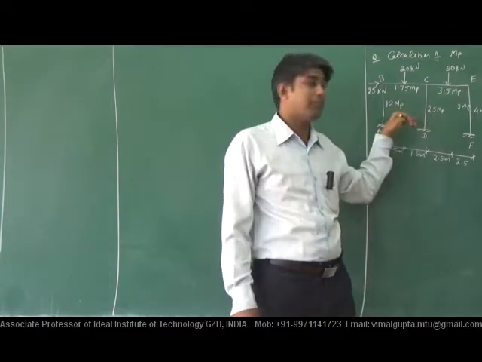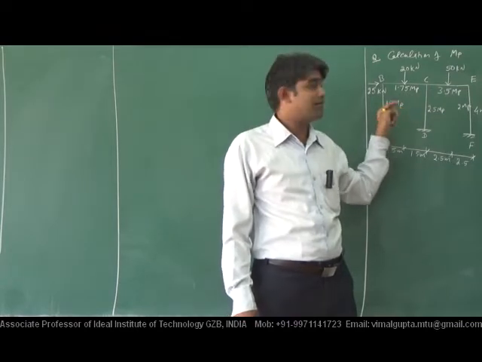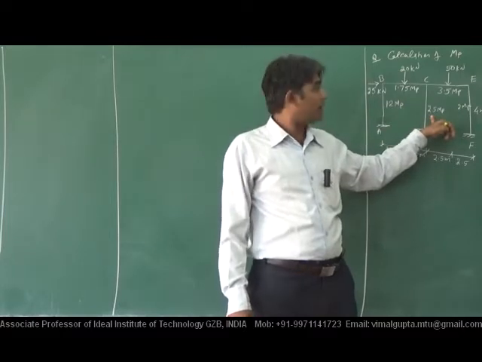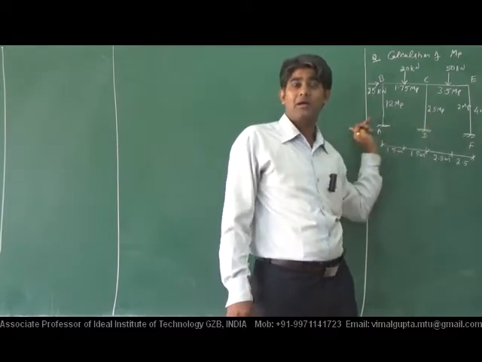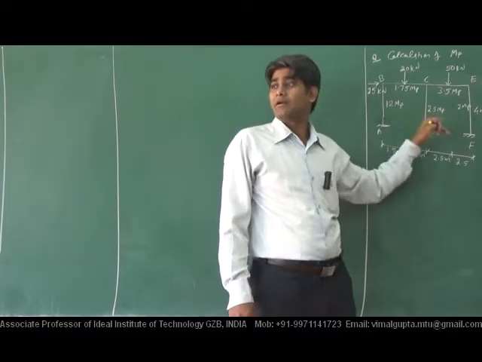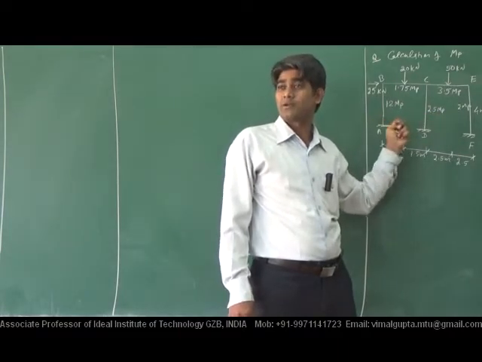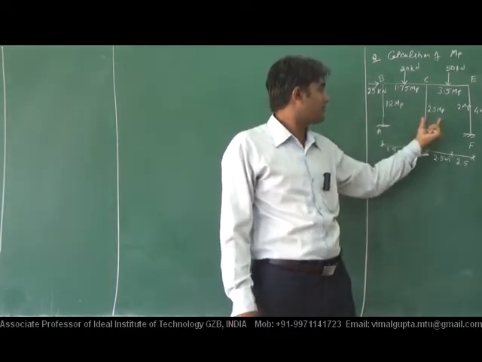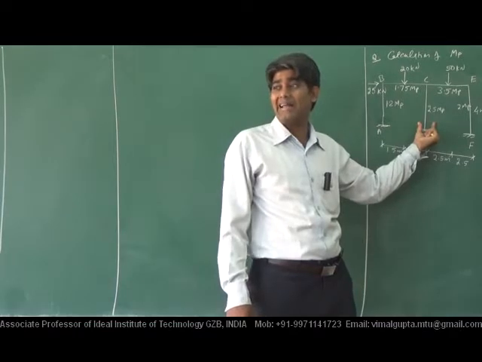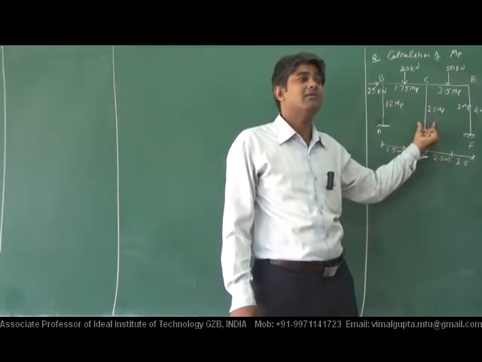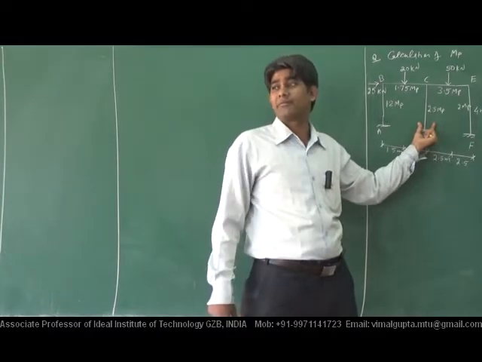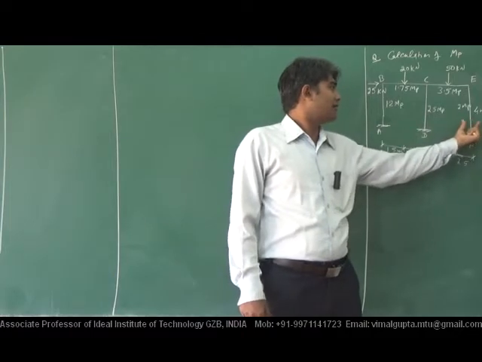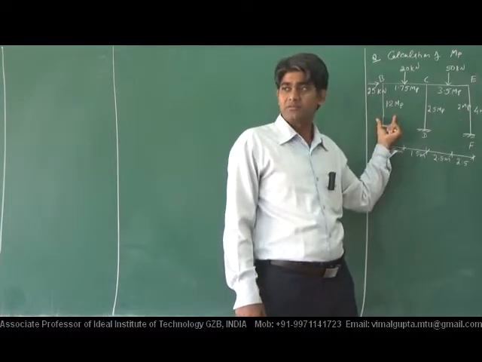Since the value of MP is not uniform, for this one column it is 1.2 MP, it is 1.25 MP, it is 2 MP. All columns have different cross sections. Different value of MP means different cross section. If they are rectangular, then the middle column will have the higher section, higher width and depth, higher cross section. This one will be smallest.